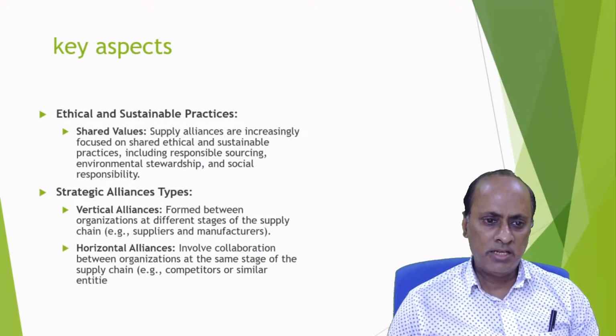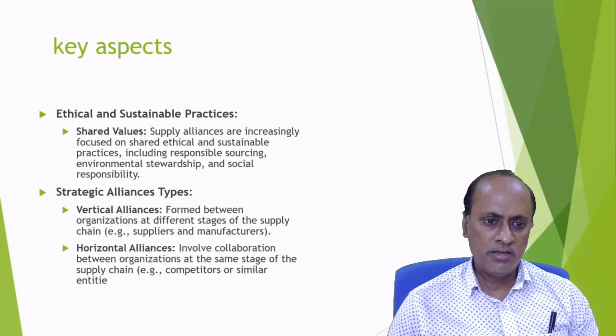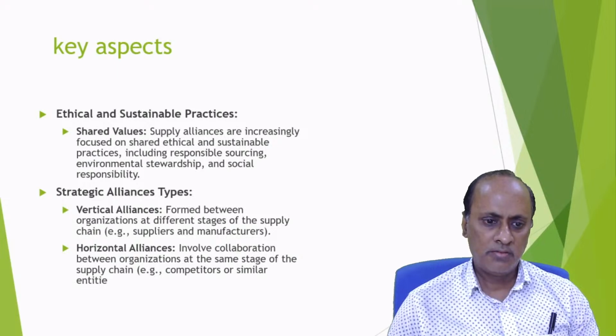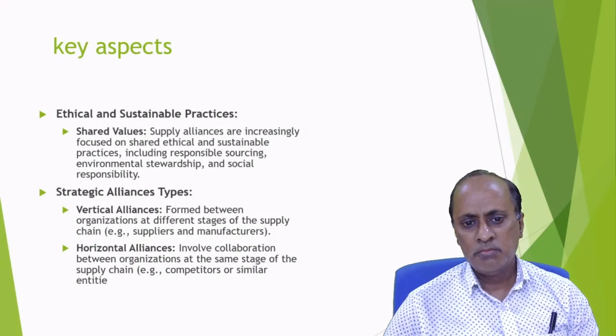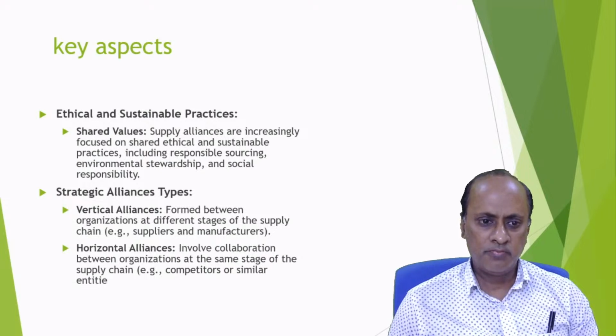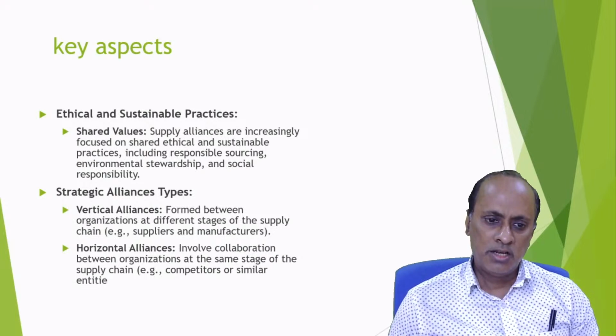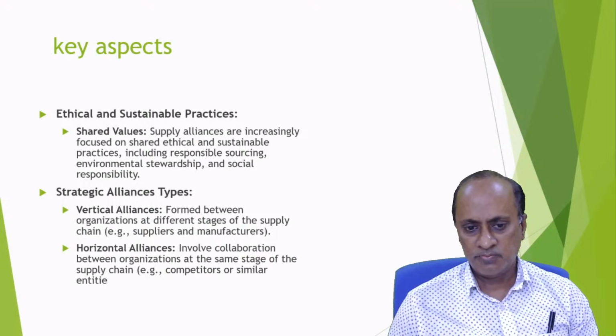And strategic alliance. What are the strategic alliance types? There is vertical alliance, which forms between organizations at different stages of the supply chain, like suppliers or manufacturers. A vertical line, if you have say graph paper, the y-axis is vertical, the line is perpendicular to the x-axis, and a horizontal alliance involves collaborations between organizations at the same stage of